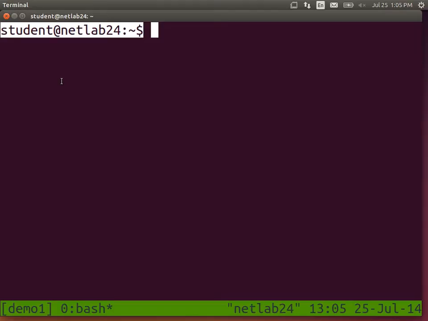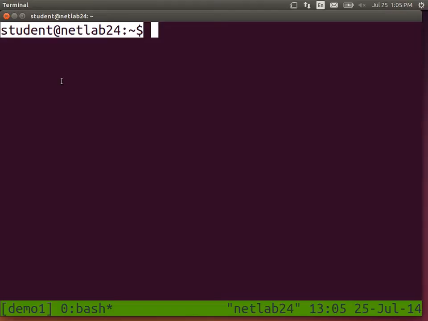Colon, the tilde represents your current directory. Tilde, remember, is your home directory, /home/student. This is just a shortcut. And dollar means from now on, everything beyond that you type. This is called the prompt. Okay? And the prompt, in this case, can provide some useful information, who I am, what computer I'm on, what